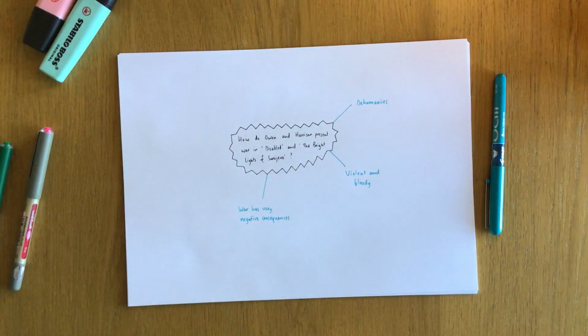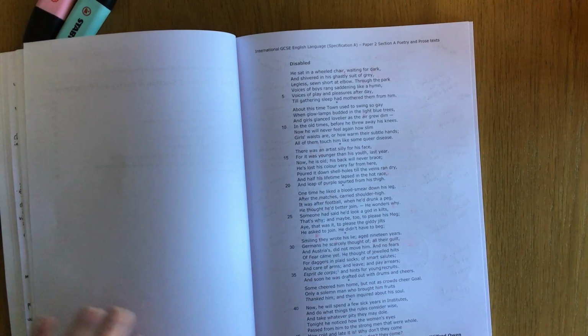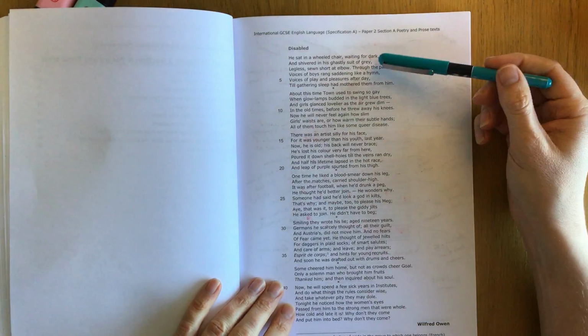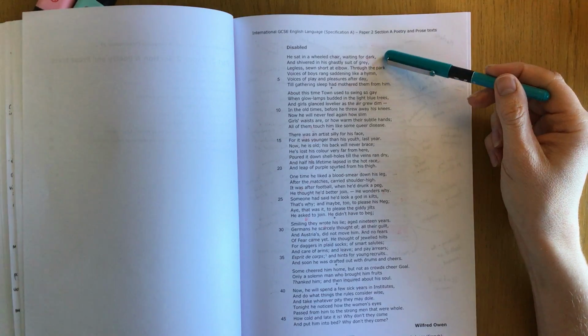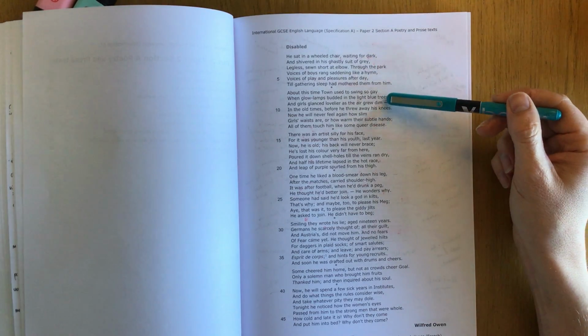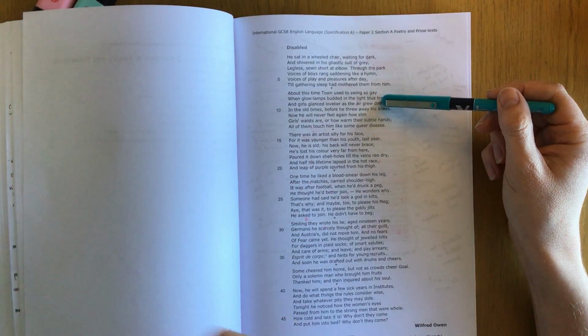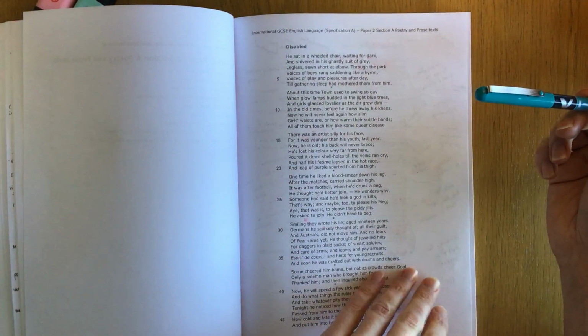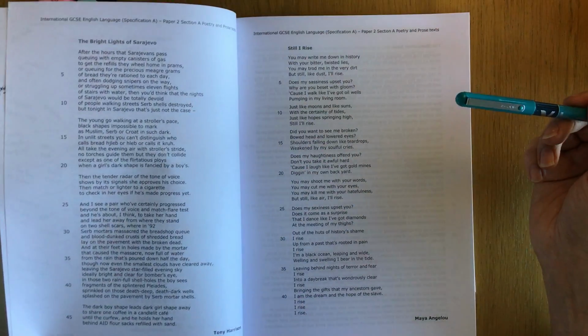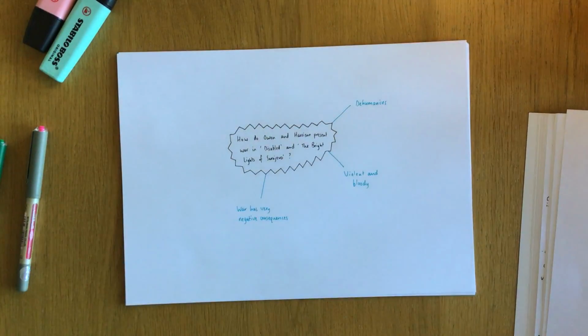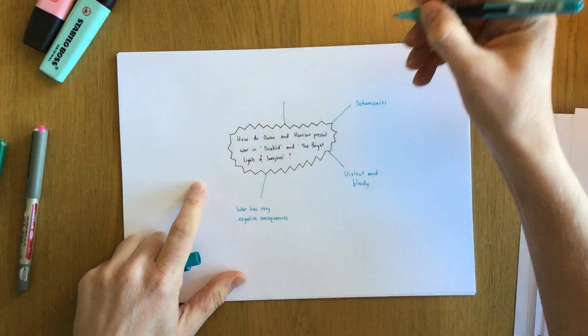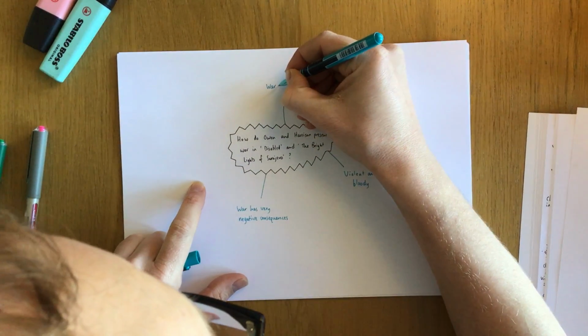Now, I've got 3 ideas there, and suddenly I've come up against a bit of a brick wall, so I need to go back to the poems. I need to have a look through. How are they presenting war? So we've got the consequences of war going on here, which I've kind of mentioned. The negative consequences of war. And then in the second stanza, Owen talks about the past, doesn't he, when everything was happier. Is there a similar idea in The Bright Lights of Sarajevo, perhaps, of the poets presenting war